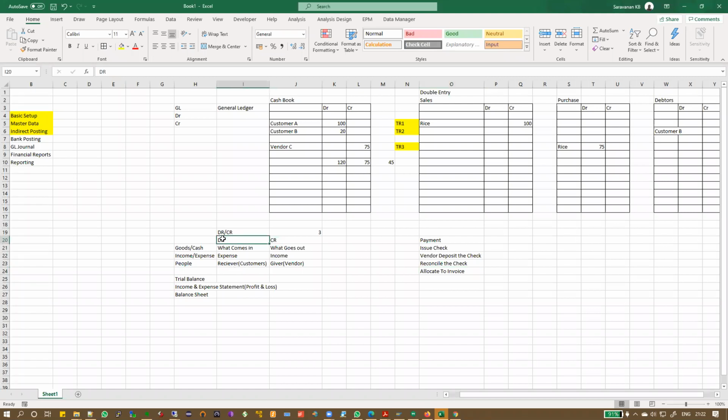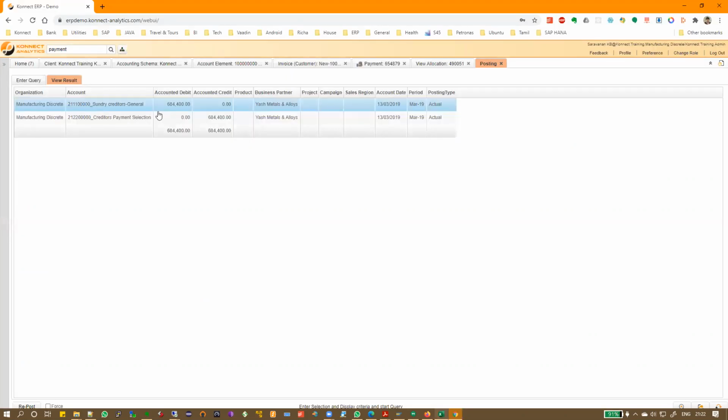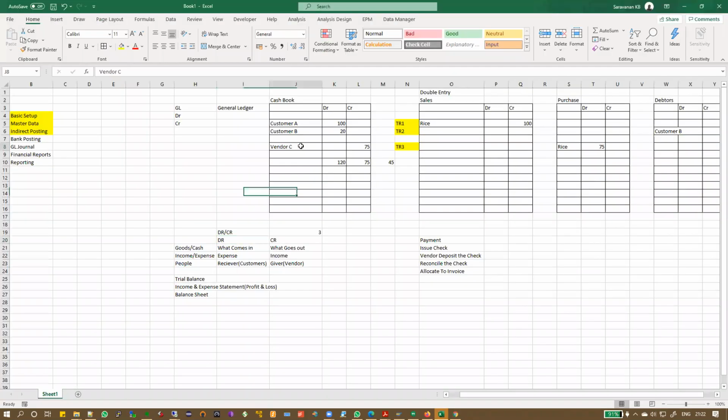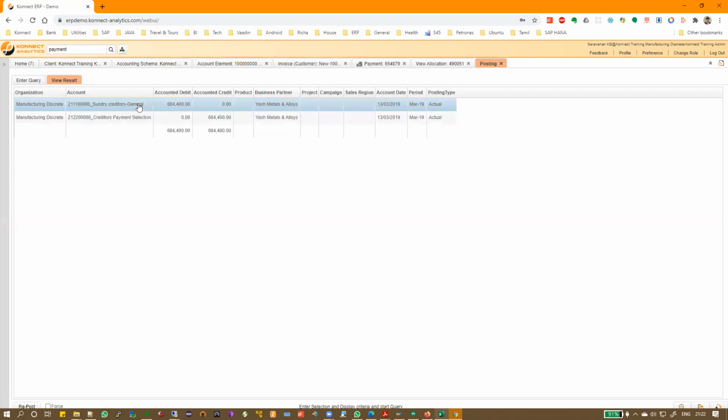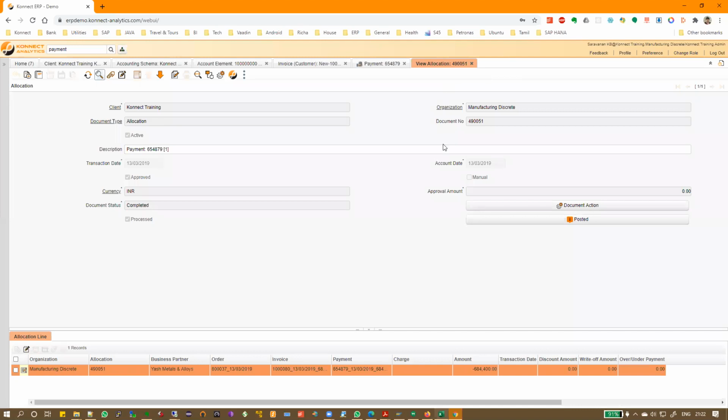So you are debiting what comes in. You are making a payment to the vendor, so for this credit, you need to give a debit. This particular sundry creditors general will get debited over here. Now, when does the clearing get cleared? That happens in something called a bank allocation, which we will see separately.